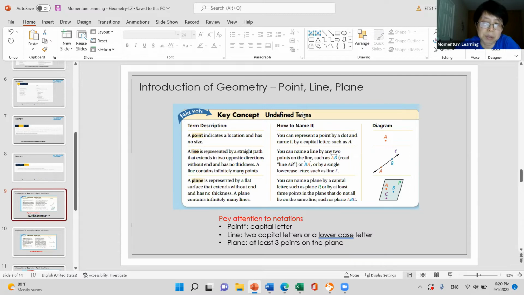All right, so now you see why we call points, lines, and planes the undefined terms. Because we emphasized that the point has no size, right? And the line has no thickness. And the plane has no thickness and no borderline. So it has these kinds of features, so we call them undefined terms. For points, lines, and planes, the most important thing I want you to know is how to name them, the notation of points, lines, and planes. Don't get confused. Any questions?